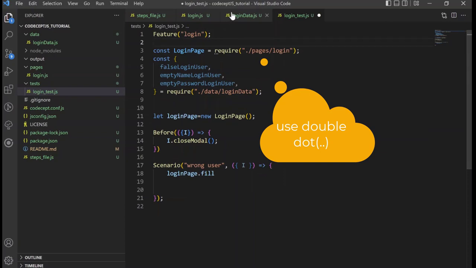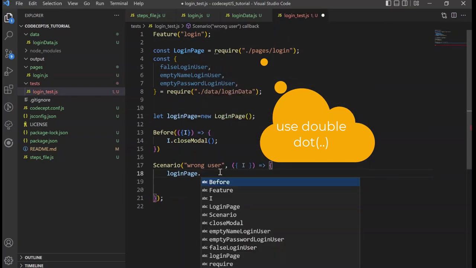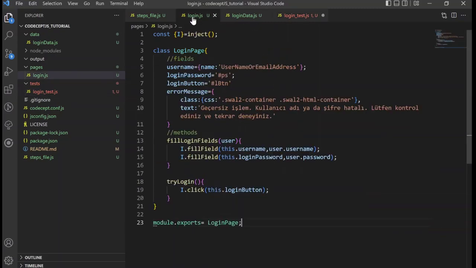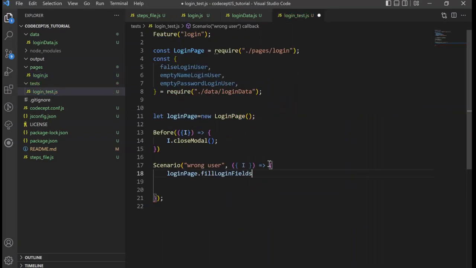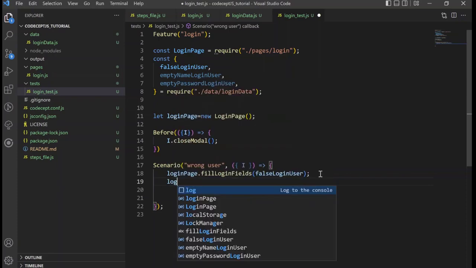If it doesn't use the IntelliSense, just copy and paste it from here. And I'm gonna use that false login user as parameter. And then I will try login.